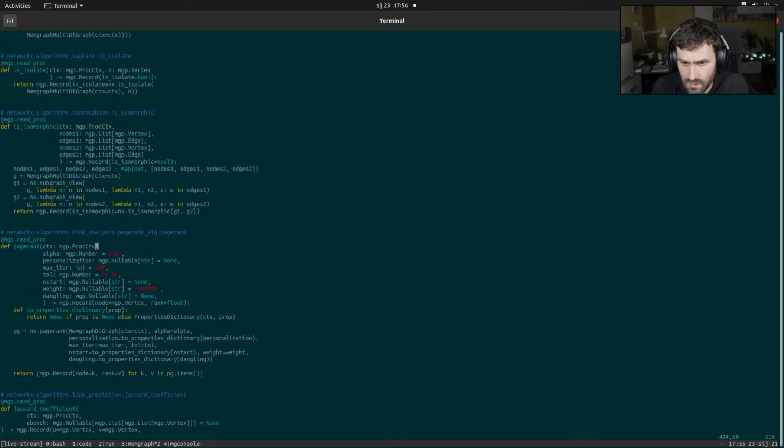here is super simple stuff, because we just have a read procedure, PageRank, that gets all these parameters, and they are just routed to the NX PageRank. NX PageRank is a NetworkX implementation of PageRank, and here we create a Memgraph DiGraph. Essentially, that means